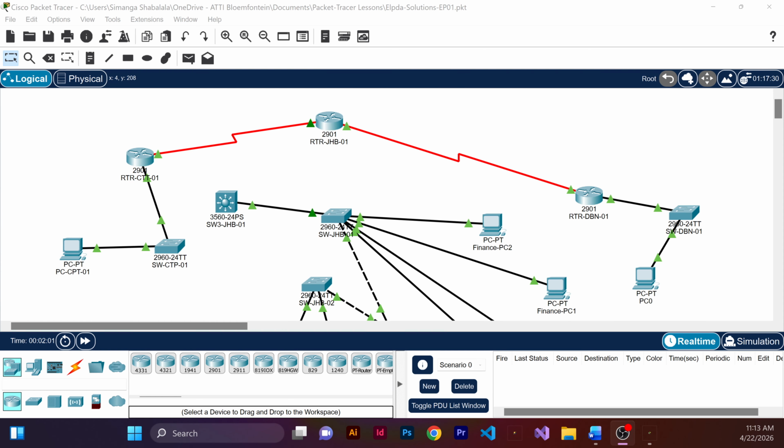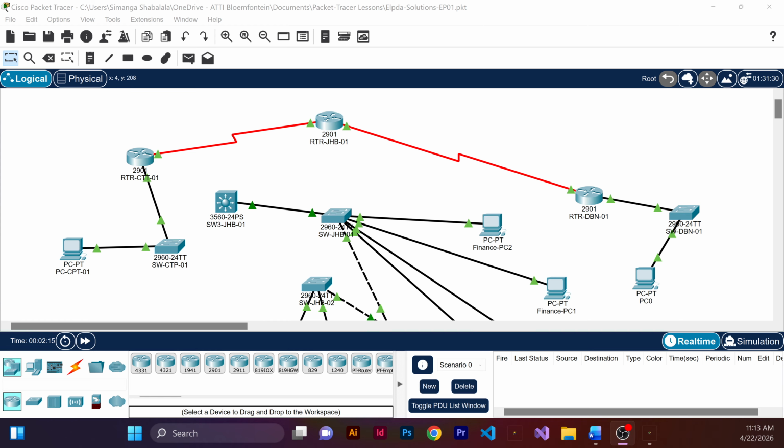All of them are pushing data through a single 1 gigabit trunk link between switch 1 and switch 2. That link is saturated. So finance is experiencing slow transfers, HR reports are timing out, and the IT backup is going to take 4 hours instead of 1. Then the IT manager calls you and says,